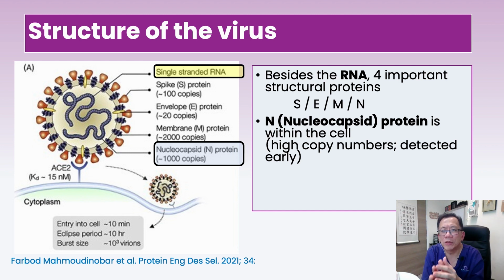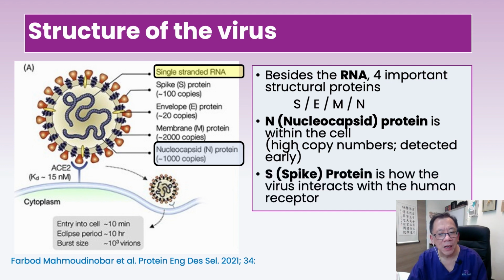Nucleocapsid protein was discovered in 2003 to be the predominant protein. Lots of protein, lots of excretion, and if you want to do what we call the rapid antigen testing, you look for the nucleocapsid protein, you're more likely to detect the virus. And because of the work done in 2003, scientists have started using the nucleocapsid protein as the preferred target protein to try to detect the virus. So this is the target, and this is how most of the lateral flow or the rapid antigen testing are